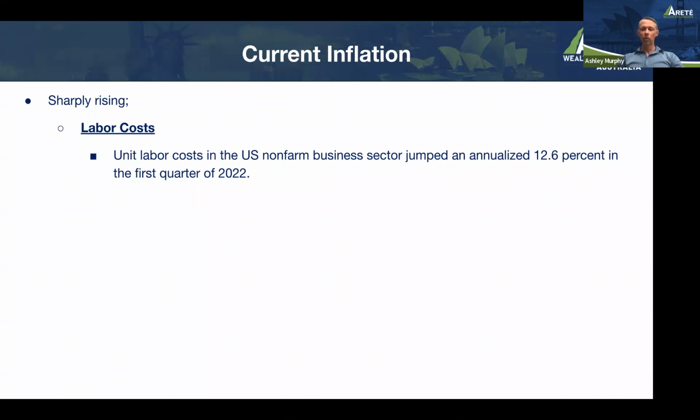Then suddenly workers got wind, and the economy at large got wind, that there was all this demand out there. And in fact, despite the pandemic, it looked as though economic figures were holding up remarkably well. So what's happened is we've seen, as a result of other external events, namely what's going on in the Ukraine, but also just the return of workers to the office, energy costs driven up significantly. So that's gone up. And consequently, this is the late stage cycle of inflation I'm referring to.